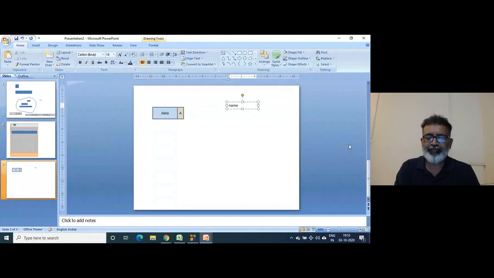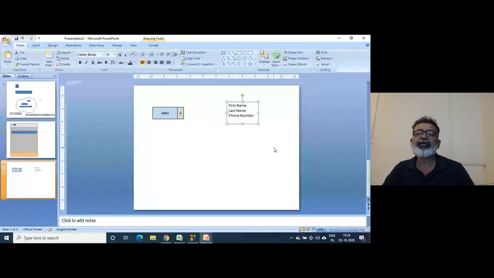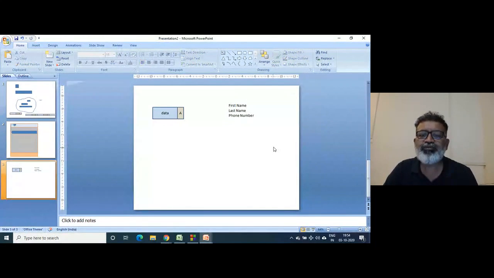So first name is there, last name is there, phone number is there. Just recall your contact list on the mobile. That is also a kind of a linked list.